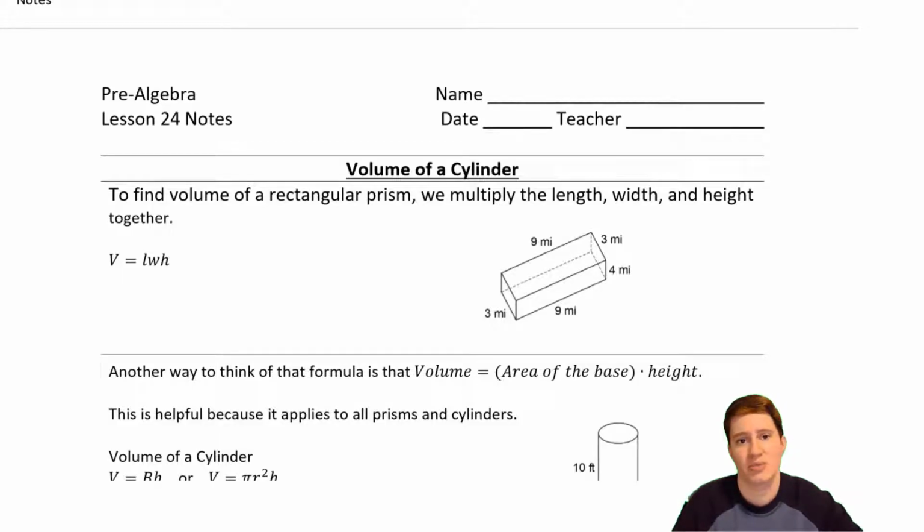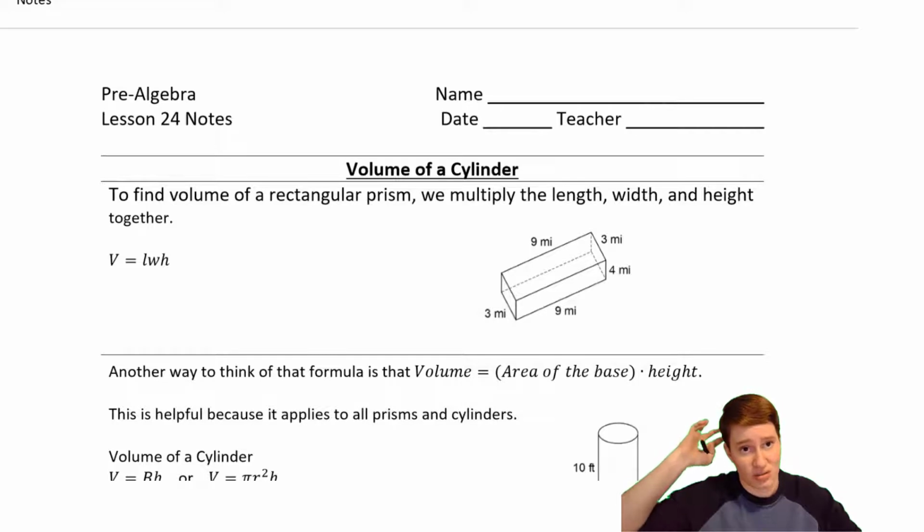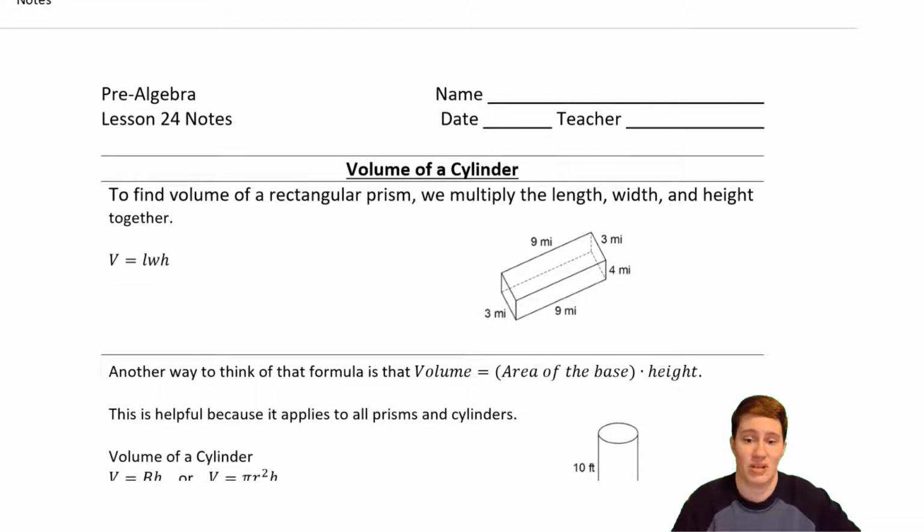This is for pre-algebra using the Math UC homeschool curriculum. We're on lesson 24, which talks about volume of a cylinder. Now, just in case it's been a while since you did volume, I thought we'd actually start off with something